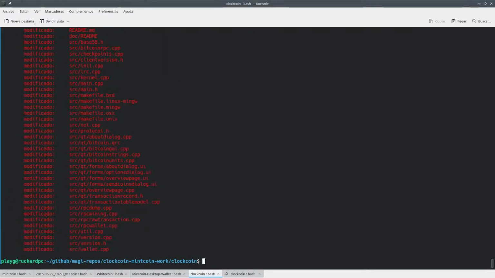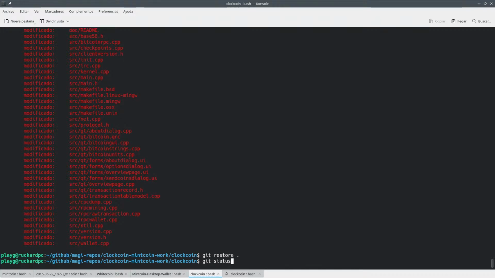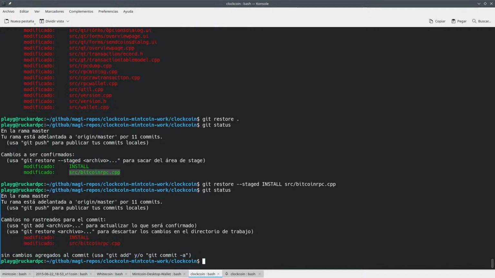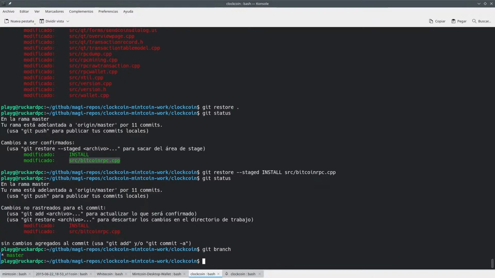Okay. Let's restore everything, shall we? And yeah. Okay, so here we have Clockcoin, and Clockcoin has